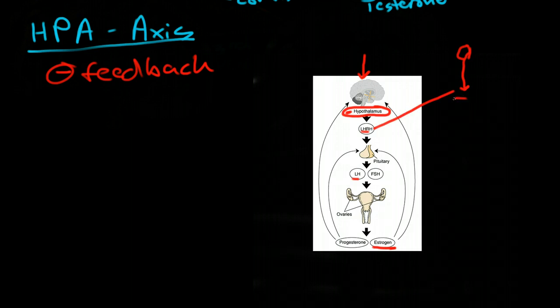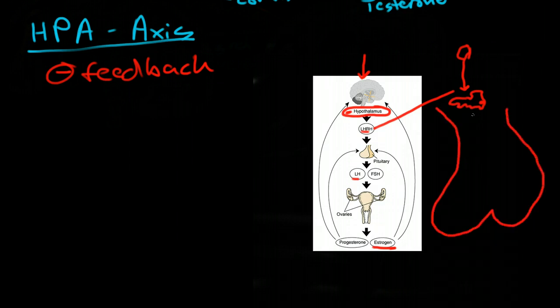And this is released into that capillary bed inside the stalk of the pituitary gland, and that travels down the portal vein, should make that portal vein blue, into the capillary loop, and is secreted